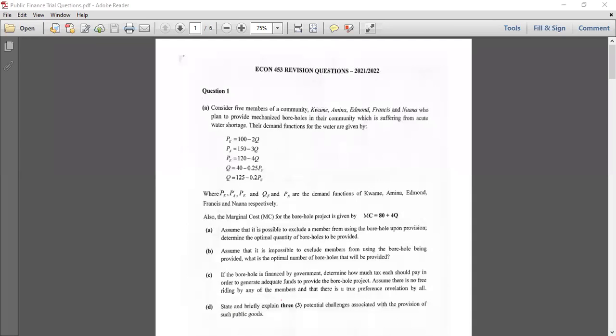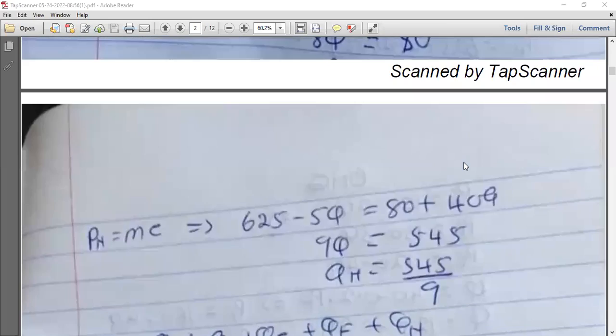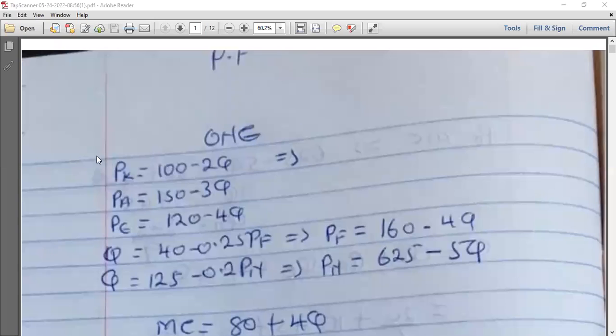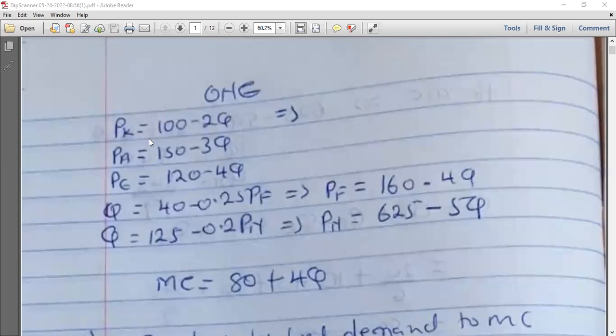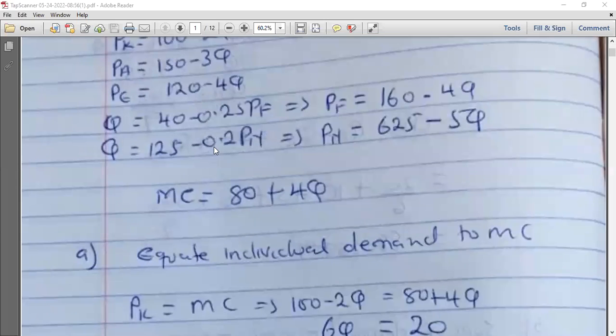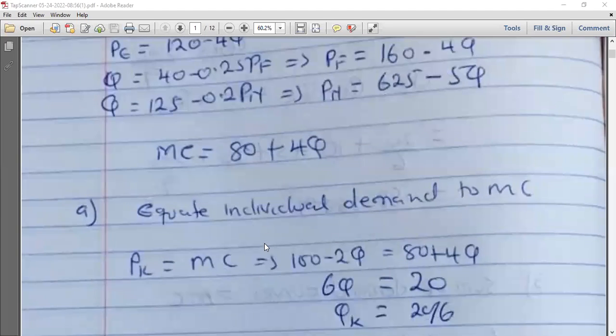So let's look at that. All right, so these are the various demand functions for the various individuals. So if the good is being provided under private conditions, then we equate the individual demand functions to the marginal